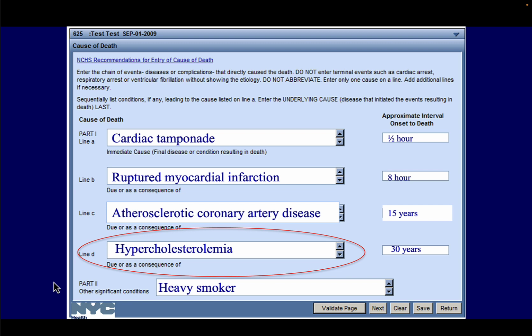Lastly, in Part 2, they list heavy smoking as a significant condition that likely contributed to, but did not result in, the things listed in the causal sequence of Part 1. Heavy smoking, for example, could have accelerated the timing of death due to the conditions in Part 1. So taking all this information into account, the underlying cause of death in this case would be coded as hypercholesterolemia,